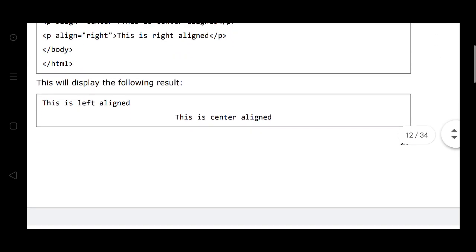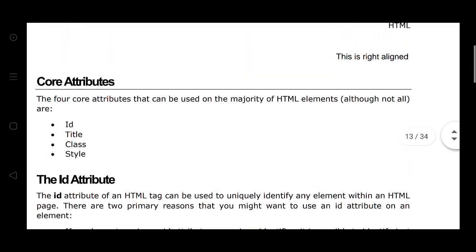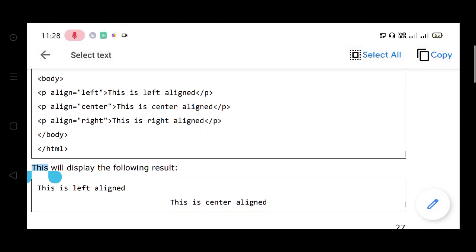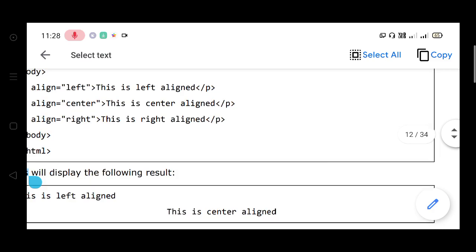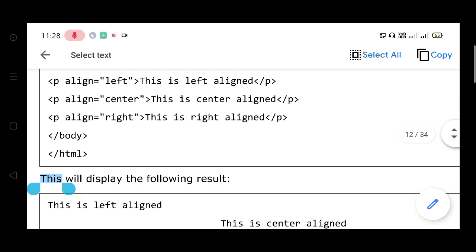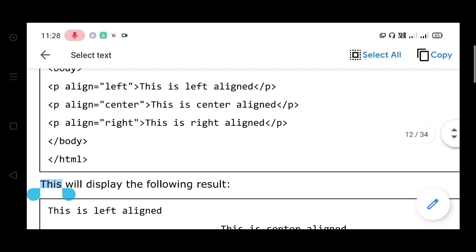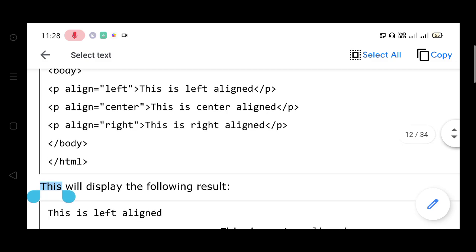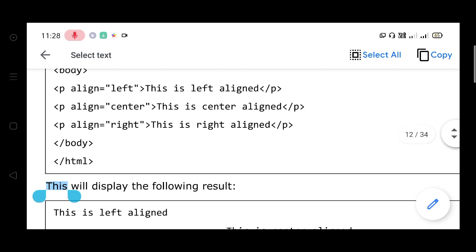Here the name is align, and left is the value of the alignment, written in double quotes, and then the text: this is the left alignment. Then the paragraph is closed.